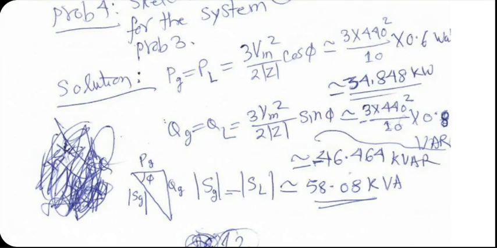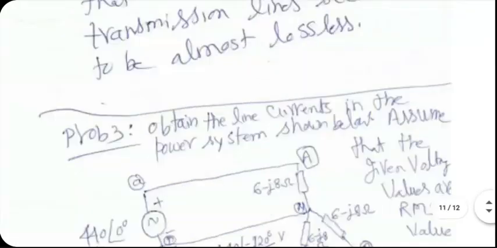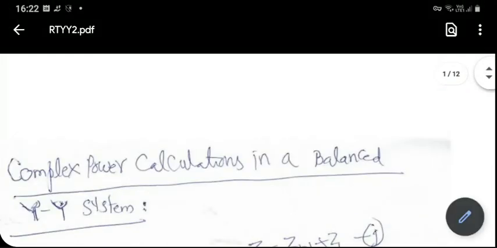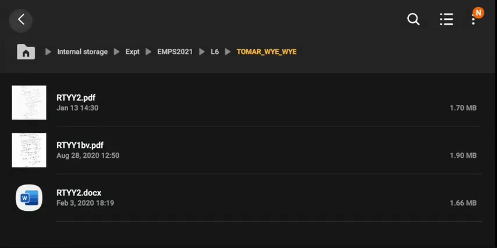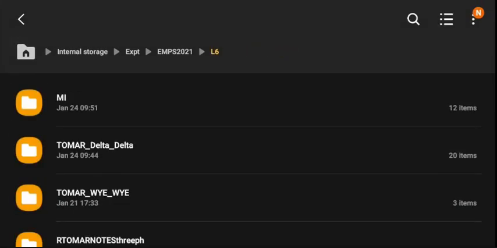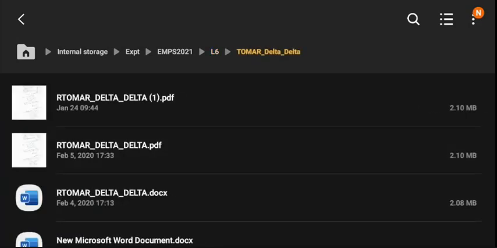So make sure you understand how this power diagram has been drawn. You try to sketch the diagram as accurately as possible without using scales. Proportionality should be maintained in drawing it. Phase angle phi is also known to us, so that is also approximately shown in the diagram. Okay. So that's about YY systems. Fairly complex calculations are involved, and if you're careful, you should be able to get to the answers correctly. Now, how about the delta-delta system, which is the second one in line?